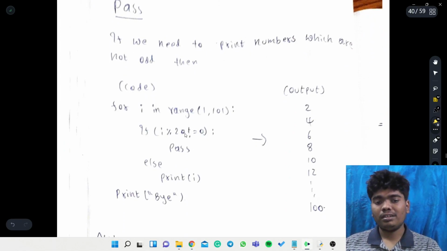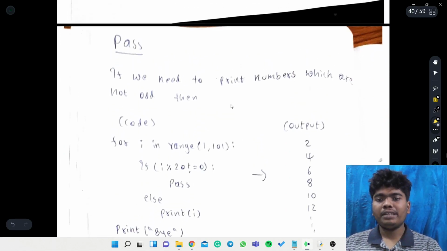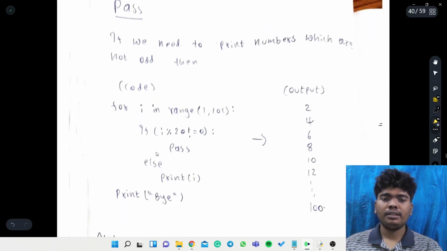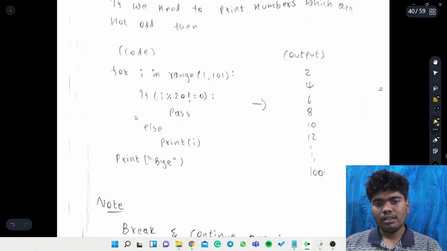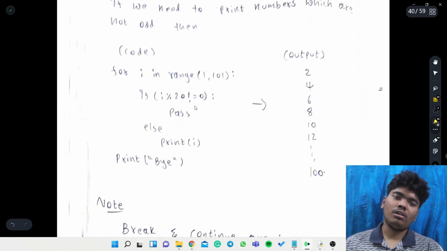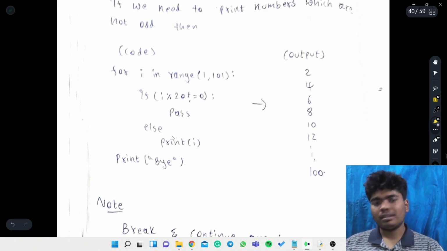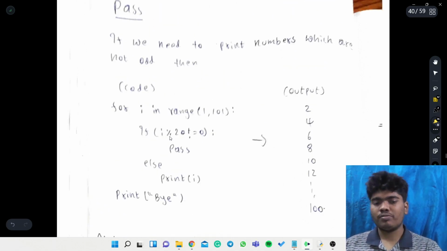And then pass is something, if we need to print the numbers which are not odd, then we can print like this, not equal to 0, pass. So pass in the sense it will directly keep those values.